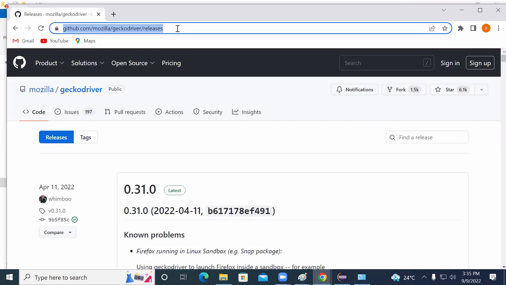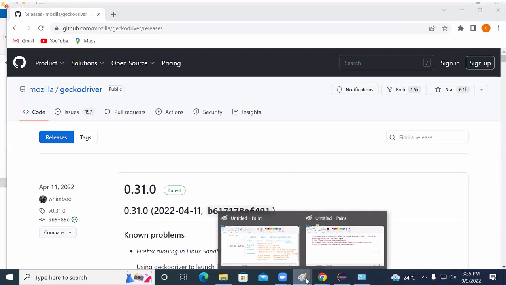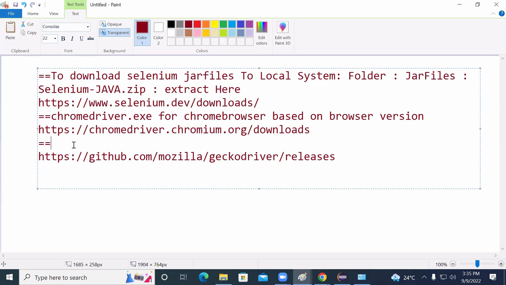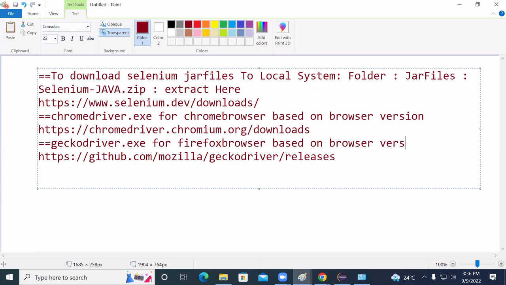Just make a note of this particular URL. So consider this: gecko driver.exe for the Firefox browser, based on browser version,